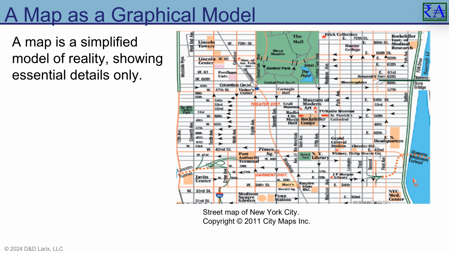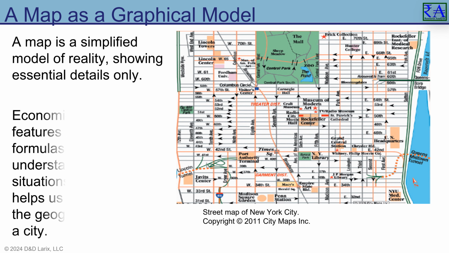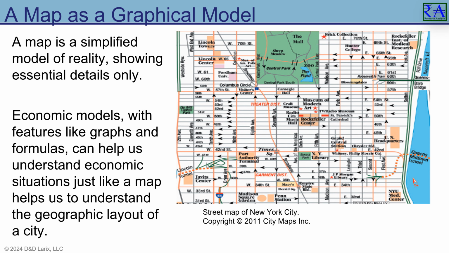We do not show everything of the real world on a map. We only show what is important to what we want to know, like a road, a park, or a point of interest. Similarly, economic models reduce the complexity of the real world to highlight essential details. We use graphs, charts, and models a lot in economics as tools to describe concepts that convey important findings.